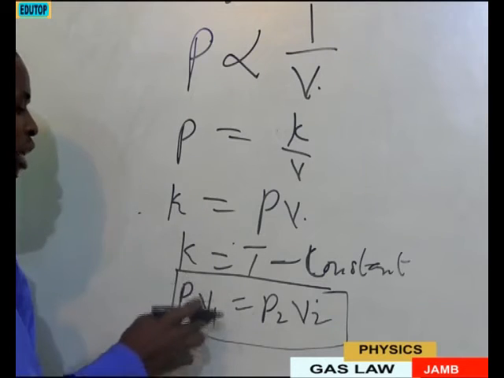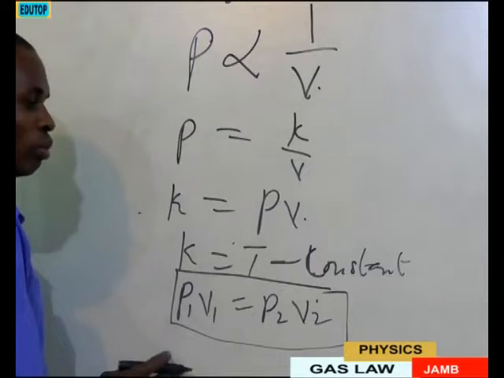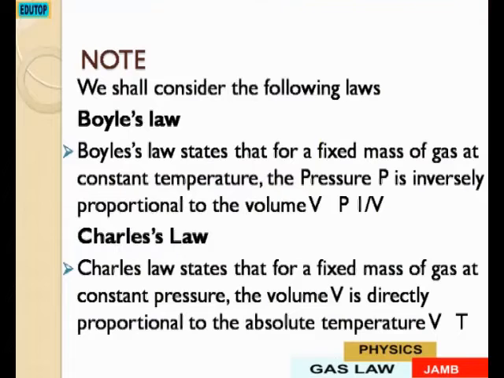Initial pressure, initial volume, final pressure, final volume. That's all. Charles' law states that for a fixed mass of gas at constant pressure, the volume